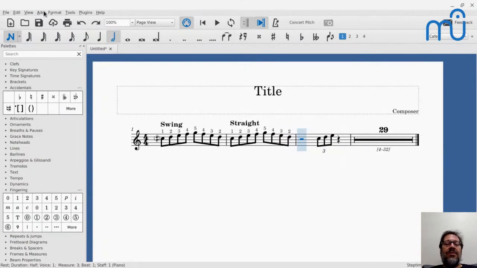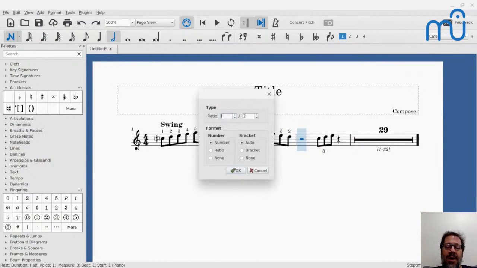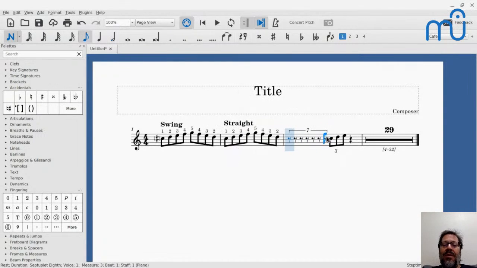So let's talk again about what I did here. By saying I wanted 7 notes in the space of 8, you have to think what kind of note you want. I wanted 16th notes, and there's normally 8 16th notes in a half. So I want 7 notes in the space that would normally be 8. If I said 7 in the space that would normally be 4, normally there's 4 eighth notes in the beat. So not in the beat, in a half note. So now I have 7